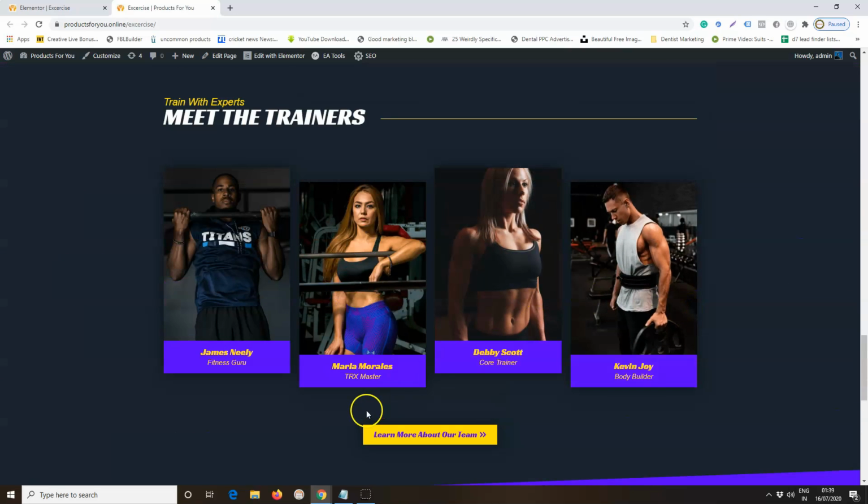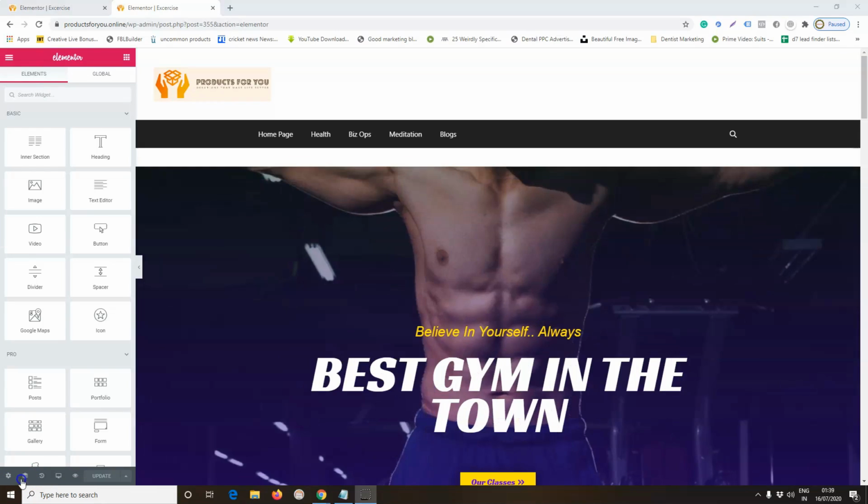Yeah, one more thing I missed showing. Let me quickly show that to you. So now my net is little slow today. Here it is. So in the element section, these are the basic elements. They are available for you for free. Okay, so you can add the heading, you can add the image, you can add the text, you can add the video, you can add the button, you can add the divider.